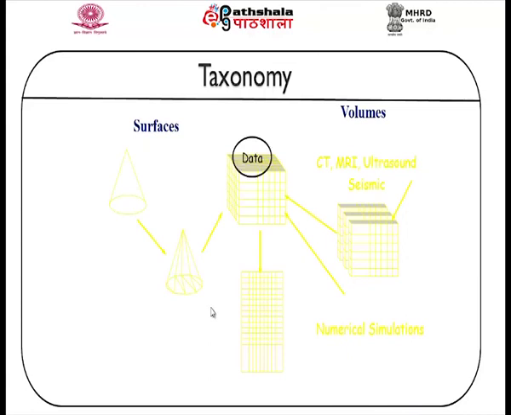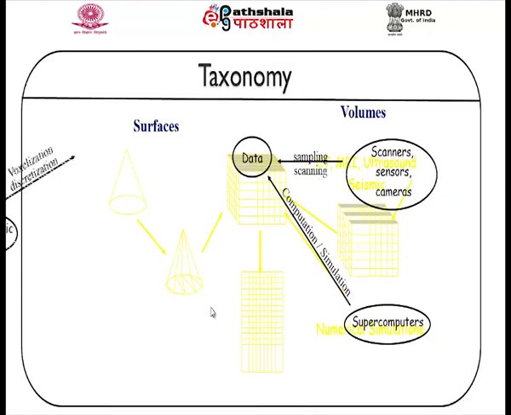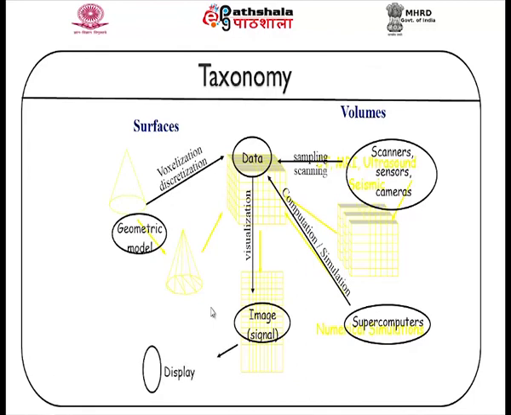So this is a taxonomy of the entire visualization. This gives an idea of what visualization is all about. If you look at the data, you have the scanners or the sensors or the cameras which try to capture the entire volumetric data. They are sampled or scanned, and fed into the system in the form of numerical data. Later these numerical data are mapped onto some kind of geometrical models, and with the help of computer graphics,